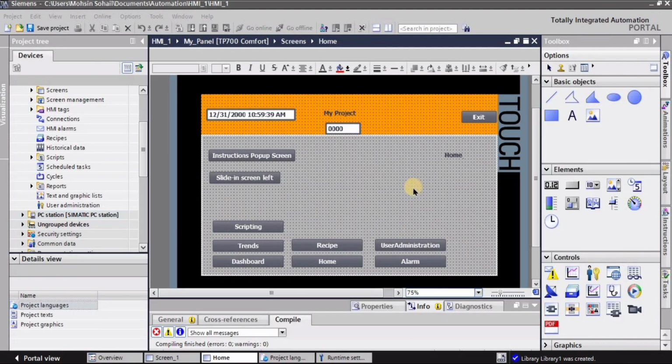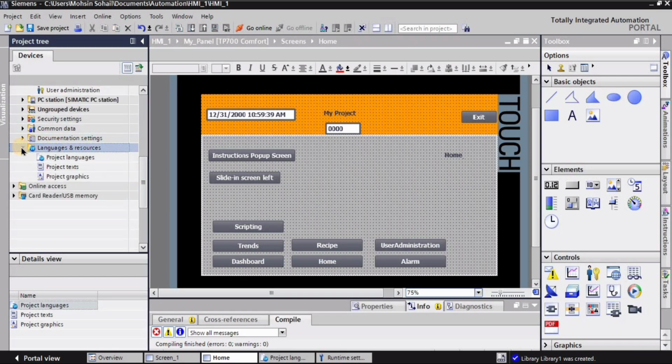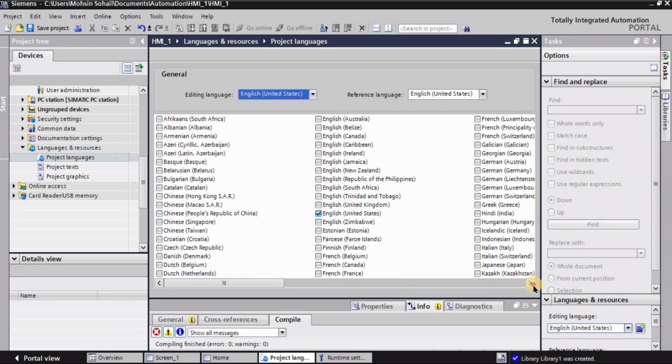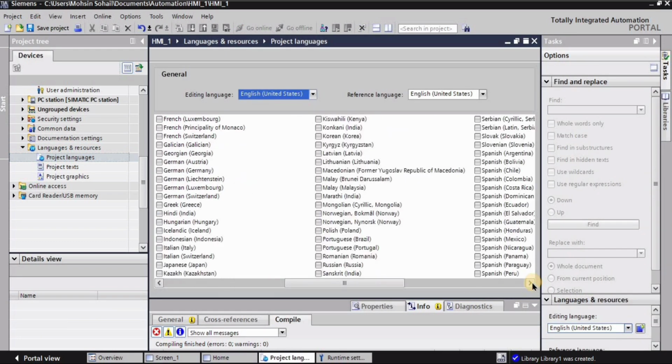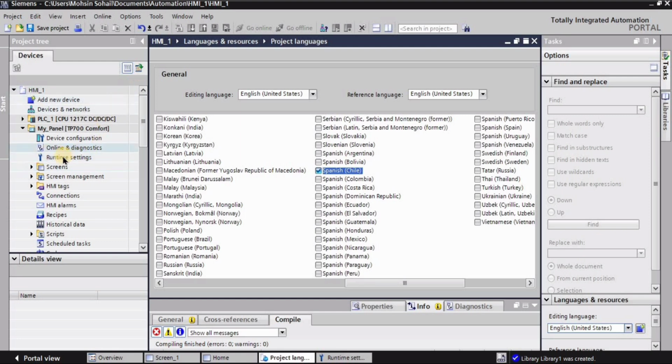So let's begin. I am at my home screen in HMI, right? So I will go into the languages and resources, and in this I will select the project languages, and here I have multiple languages. So I'm going to select Spanish, and then I will go up in the project tree